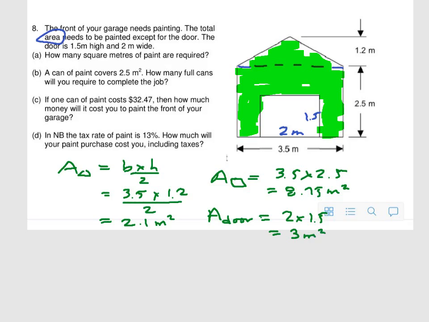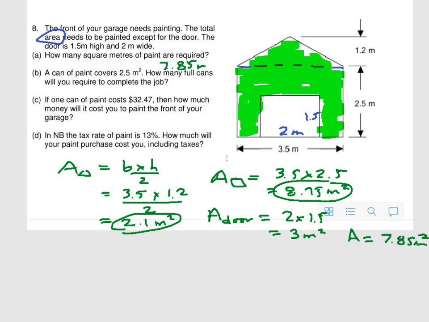So to find the area of the total that requires painting, you're going to add the 2.1 to the 8.75, the whole rectangle plus the whole triangle. Then you're going to subtract the door. So the area that you're going to paint is going to be 2.1 plus 8.75 minus the 3, which works out to 7.85 square meters. That's the answer to A. 7.85